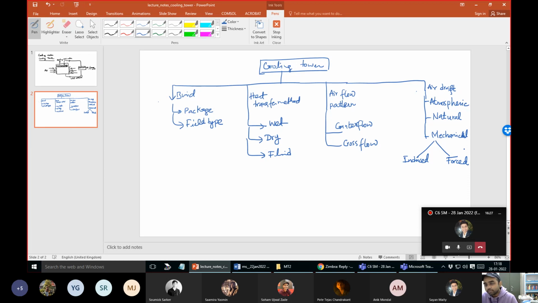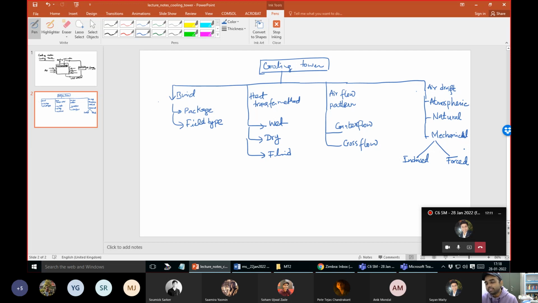In the case of the heat transfer method, the one that I just showed you, where there is a direct contact of the air with the water, they are generally known as the wet types. Here the heat transfer coefficient is maximum because there is direct contact of the air and the water. But there is one disadvantage in this wet method, that there is loss of water due to evaporation. The water will cool only due to evaporation, and since this is open directly to the dry air, there is a lot of evaporation, there is loss of water, right?